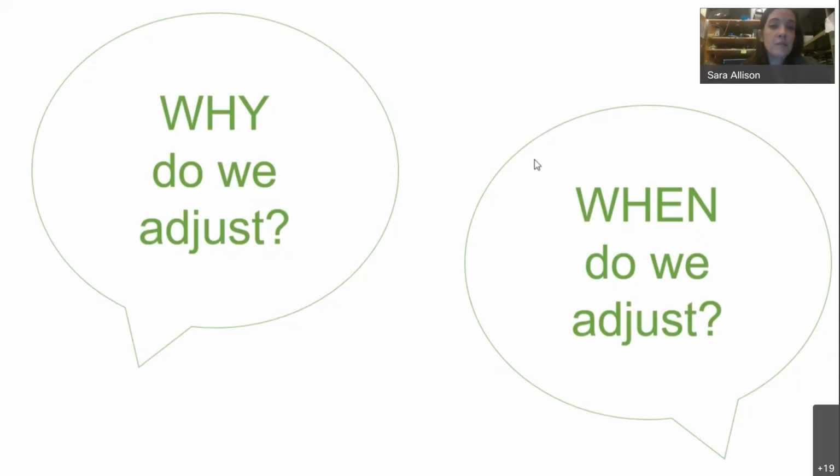Someone mentioned in the chat doing this before the store opens. I think this is really important, especially in high traffic, high volume situations. You want to try to do as much of this off hours as you can. So a good best practice is to come in with the shipment team and make adjustments as we're processing. Sometimes things have to happen during the day, because you sell out literally in the middle of the afternoon. So there are times where we have to do things during the day, but those are probably going to be smaller adjustments, like folding something differently or adding another color rather than resetting a full presentation.